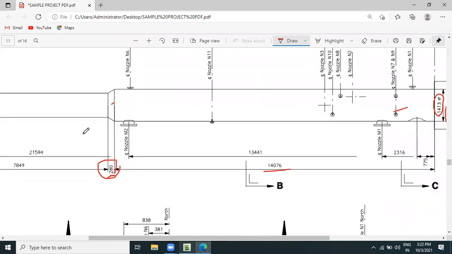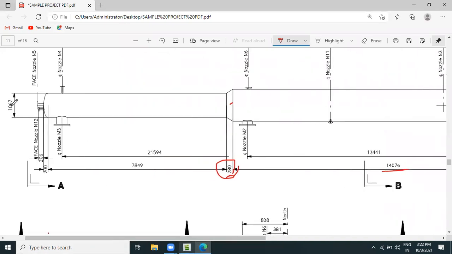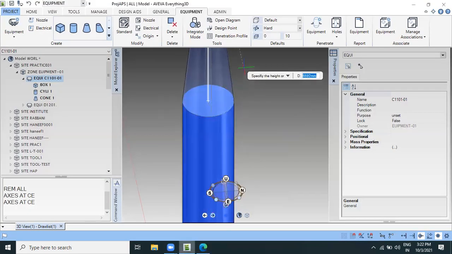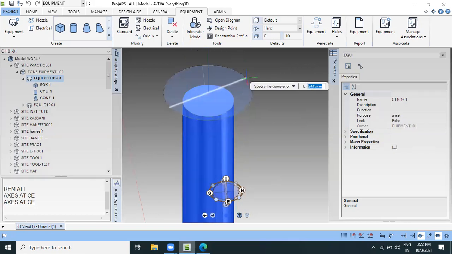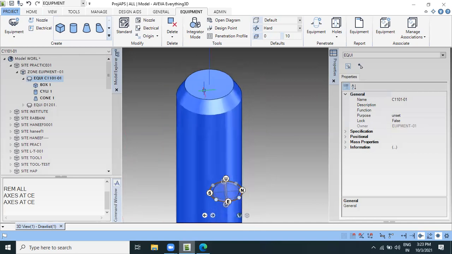One check here also: 1067 top diameter. Okay, 1067 and 280 is the height. Then enter here. It will create automatically on the top of the surface.